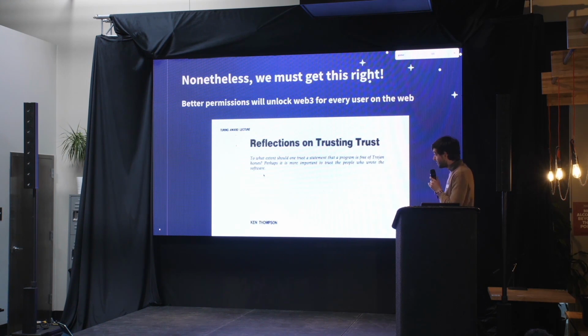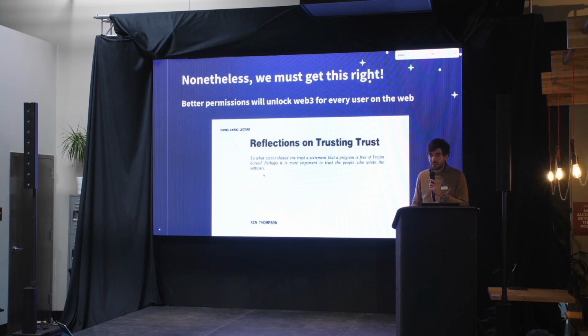There's probably my favorite piece of writing in computer science overall, this paper called Reflections on Trusting Trust by Ken Thompson. And he sort of talks about how you can never be sure that a program does what you think it does. You can read the source code, sure, but maybe the compiler's injected some hidden bug in there. You can read the compiler's source code, sure, but there's a way you can bootstrap a compiler to sort of auto-inject that bug in an invisible way. And it kind of devolves into, unless you're smelting your own metal or making your own chips, you should not use anyone's software, anyone's hardware, if you don't want to trust.